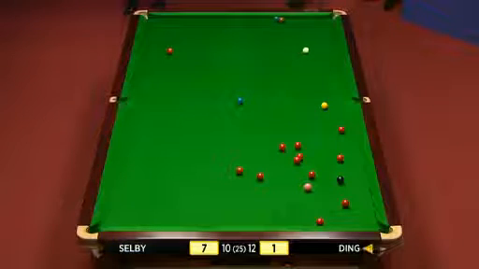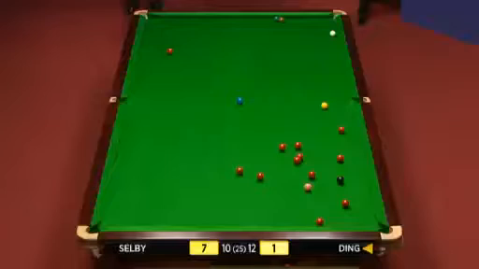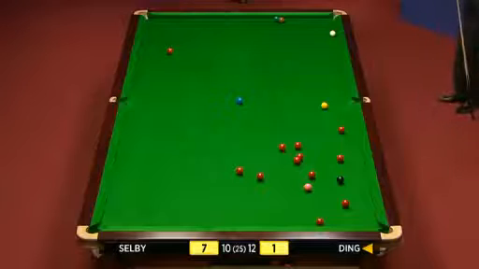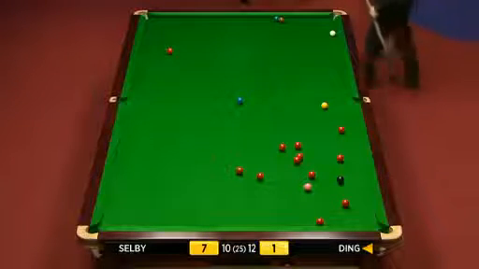Mark Selby 6. Had he have potted that red, he would have got the snooker in behind the green and brown. So he didn't risk trying to pot that and drop on the blue. So he had a little bit of safety in his mind there as well, but